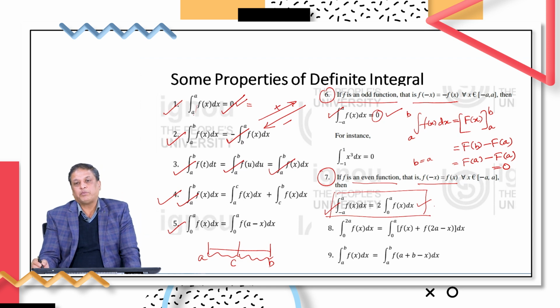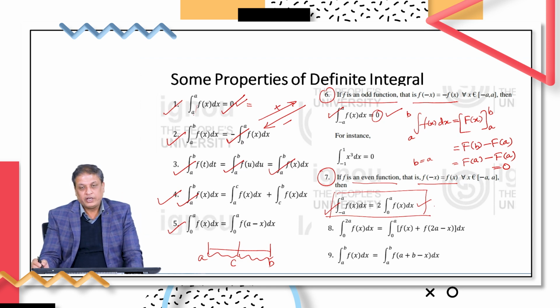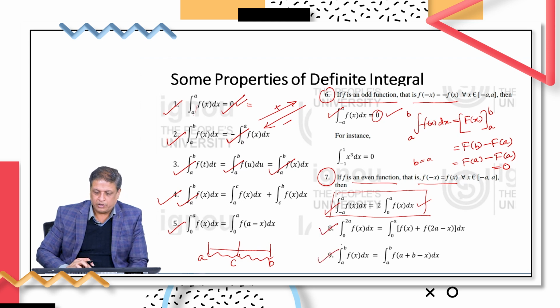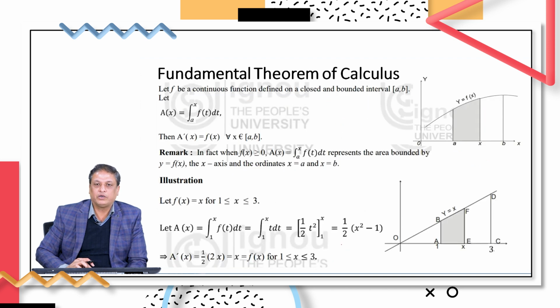wherein you are supposed to keep in mind whether the function is odd or even. If the function is odd, then the integral from minus a to a f(x) dx turns out to be 0, and if the function is even, that means f(minus x) is equal to f(x), then the integral from minus a to a f(x) dx turns out to be twice the integral from 0 to a f(x) dx. So, these are some of the properties you can understand, and you can look into them in your self learning